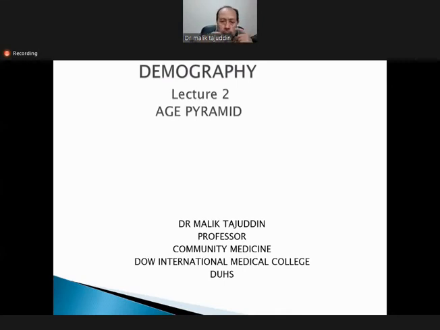Our today's topic is the continuation of the previous one, where we discussed the introduction of demography, the different demographic measures, the rates, ratios, and proportions, the demographic transition cycle or the stages of demographic transition. And then we discussed the demographic trap, and the population pyramid. And then we discussed the different means of collecting this